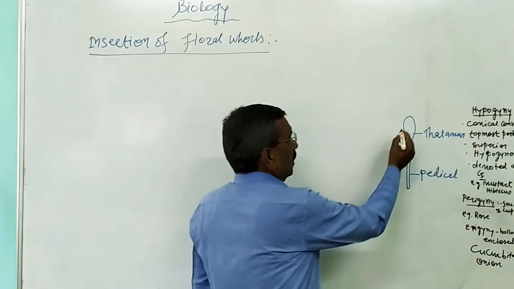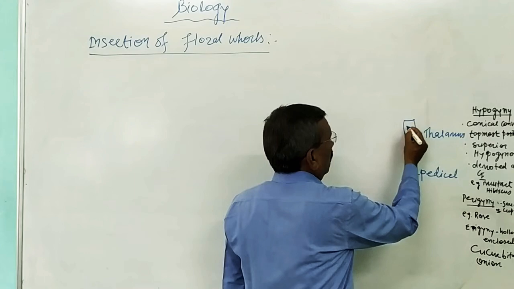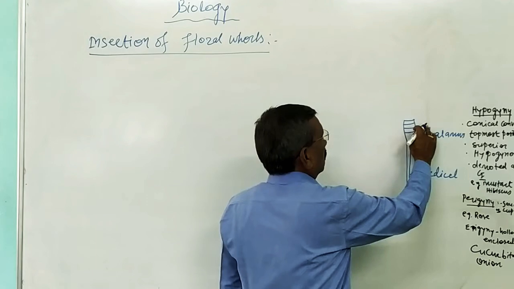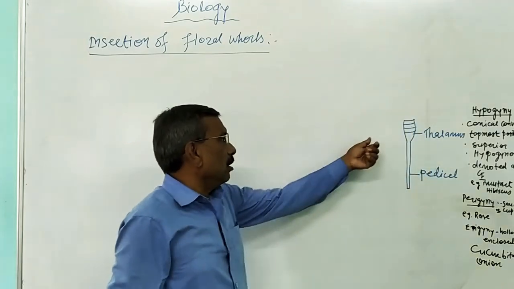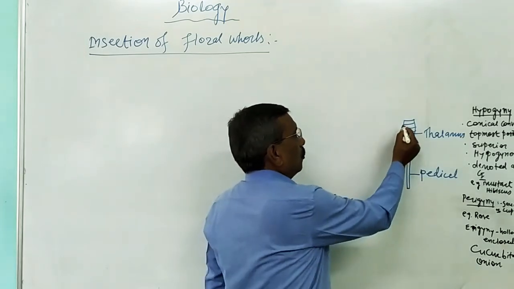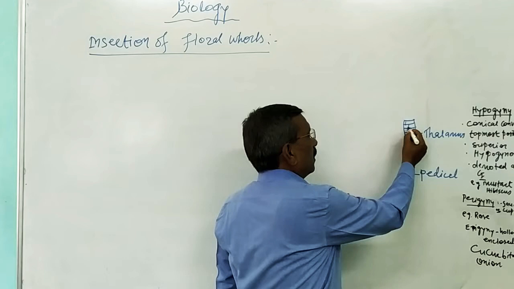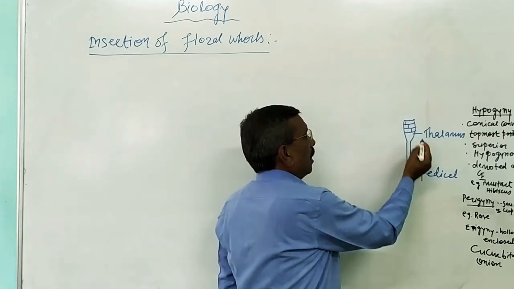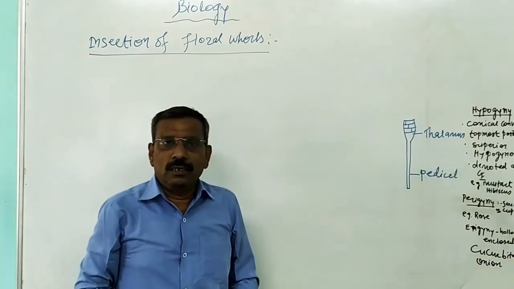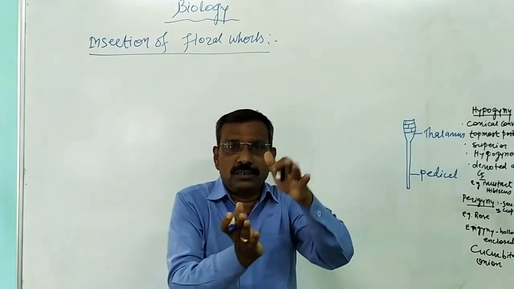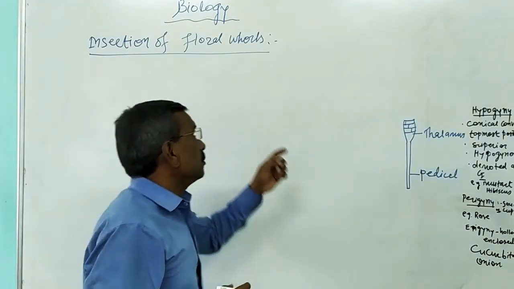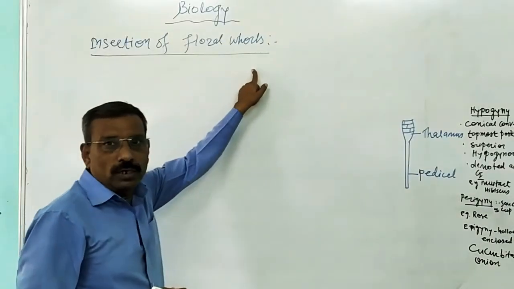This thalamus consists of compressed nodes and very condensed internodes. In all, the thalamus consists of 4 nodes and 3 internodes. This is one internode, this is the second internode, and this is the third internode. And note, this is the first node, second node, third node, and fourth node. That's the 4 nodes and 3 internodes. But the internodal distance is highly reduced, and from the nodal region, floral whorls are produced. Now, on the basis of this, we are going to study insertion of floral whorls.